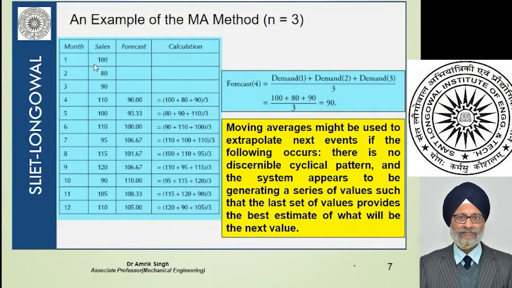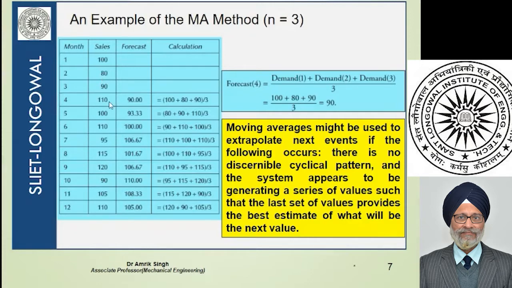In some months the sale is more, here the sale is more, but here the sale is less. So it may be a particular seasonal trend. Now we want to calculate the forecast for the month of April. We will move over 3 months because we have taken N as 3, so we will say it is a 3 months moving average method. We will count from the recent ones: 1, 2, 3. So we will leave this, and then for the forecast for the fourth month, that is April, it will be demand.